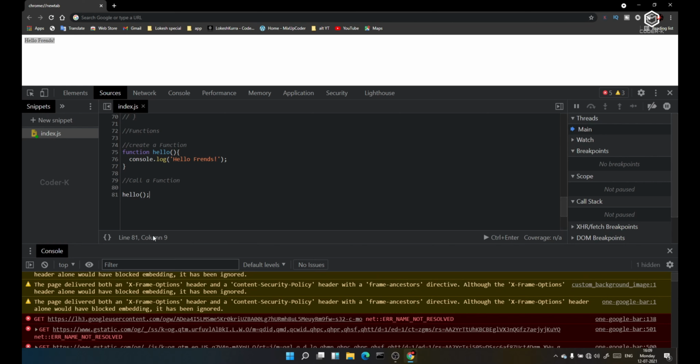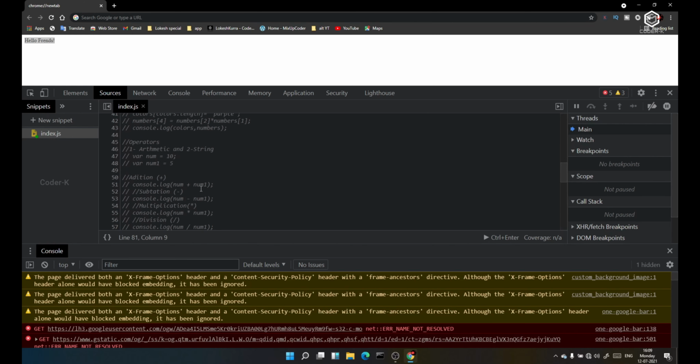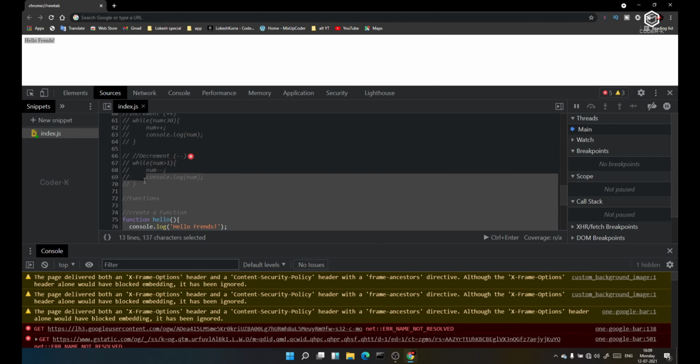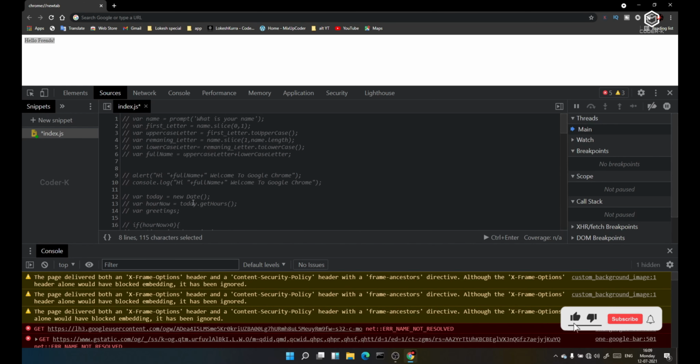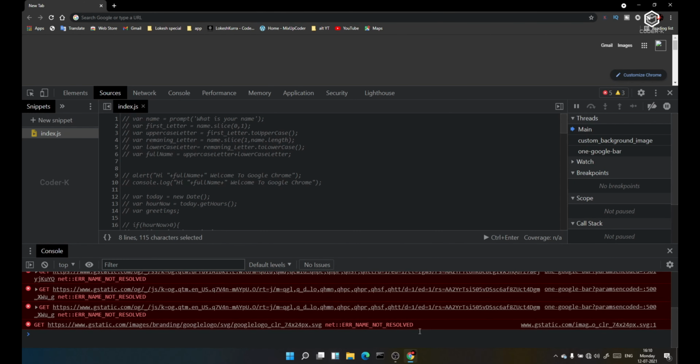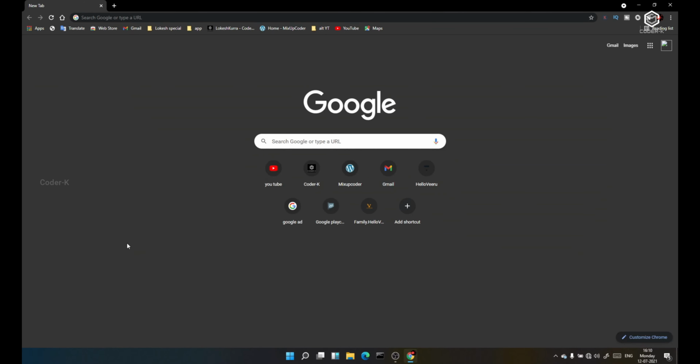Okay, guys, now we have finished our code, meaning we have written all of our code in Google Chrome, guys. These functions will not be applicable for your own website, guys. This is just for practice purposes. We are going to Google and just practicing our code, guys. It is not applicable to a website. We are just practicing our code.